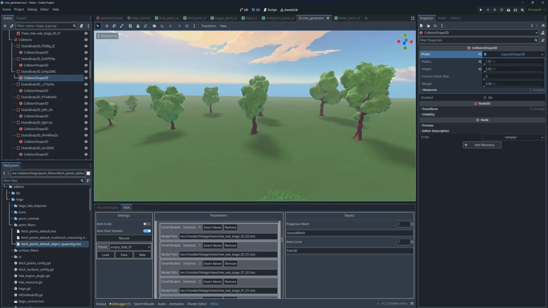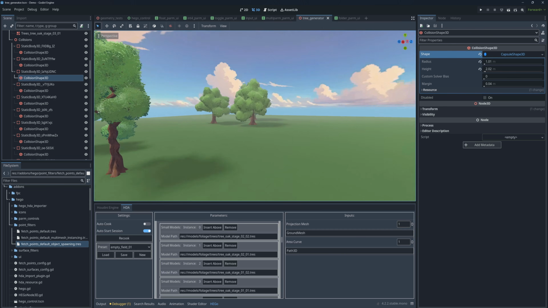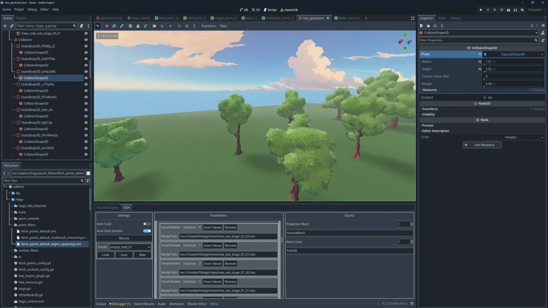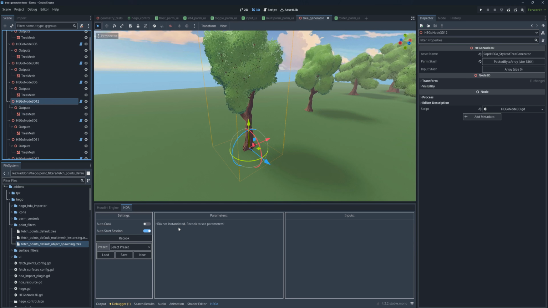Maybe one example I also want to show, simply because it's probably going to be the easier use case, is if I go in here and maybe regenerate one of those trees. So maybe let me pick this one and I select this. You can see here it says HDA not instantiated, recook to see parameters. If I hit recook now,